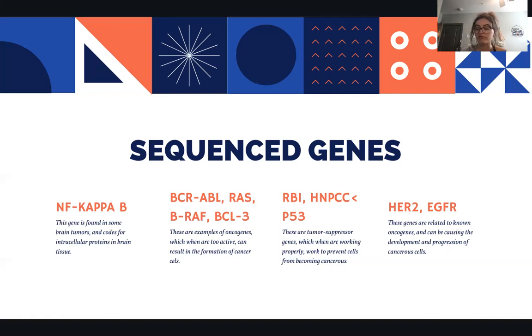And so what tumor suppressor genes do is they act as kind of like a checkpoint during cell division. During cell division, these genes will check the cell's DNA and make sure that there are no mutations, that there's nothing wrong with the cell. If there's something wrong with the cell, these genes will trigger apoptosis, which is cell death, like the cell's self-destruction mechanism. So if the cell does not have any mutations, it looks good,